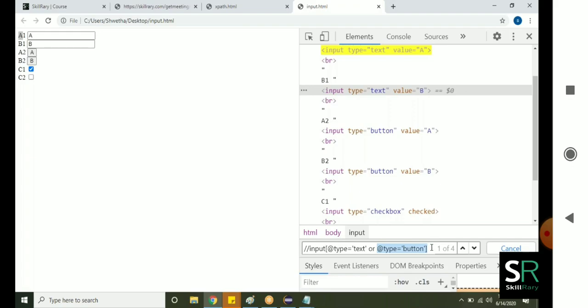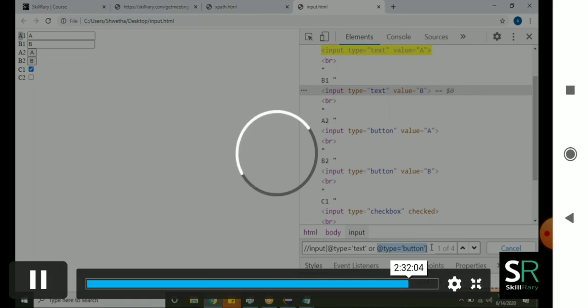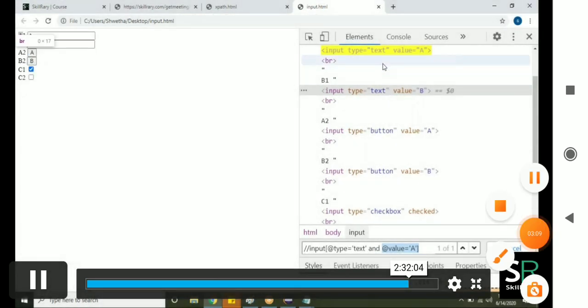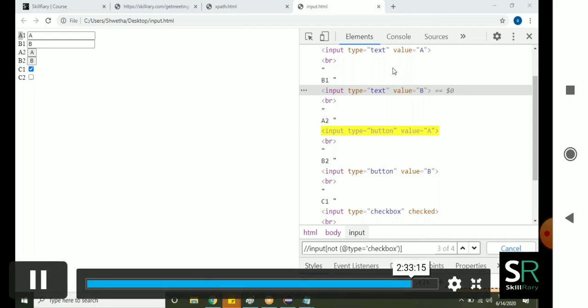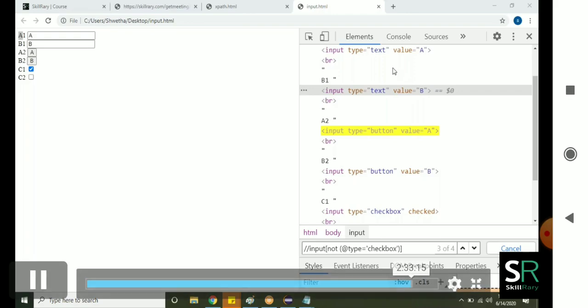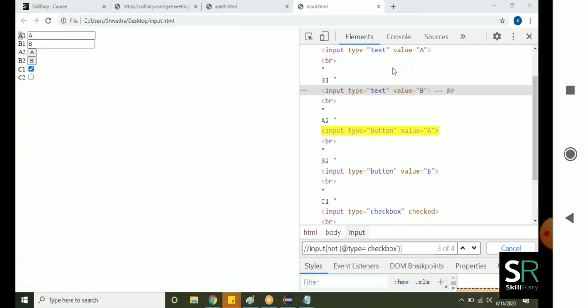Are you guys getting it? Yeah, tell. The last query which we have written for unselected. Correct. You can write, we'll try that also. I will show you what it is. Okay. Thank you. The text box also, button also, or if images are there, it will take images also. But in this example, you can write like this also. Yes, correct. Whatever Vijay Krishna you have written is correct, but it will be applicable only for this example. It is like, except checkbox, give me all. That is the meaning.